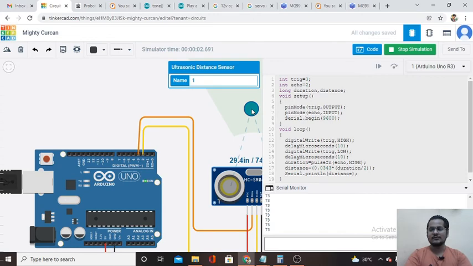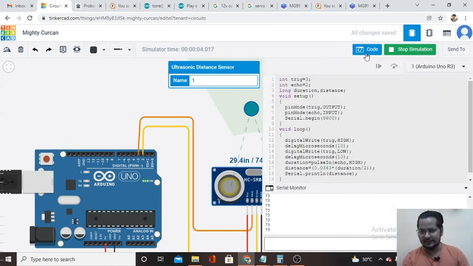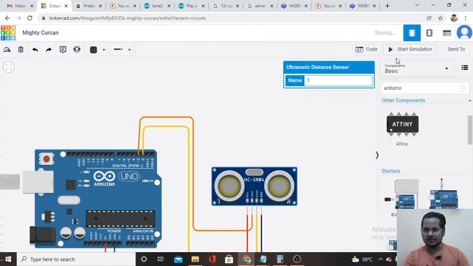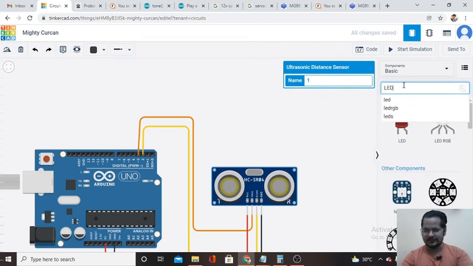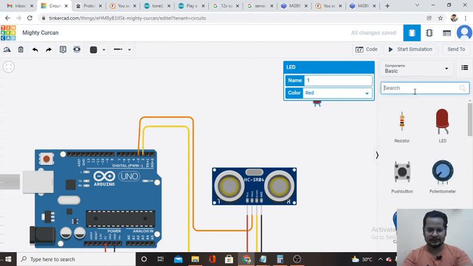So let me add one more thing. If we take one threshold value, I'm going to take 20 centimeters as the threshold value. If the object comes within this threshold value, then I will turn on one LED. So let me stop this simulation. I'll take one LED and one resistor.